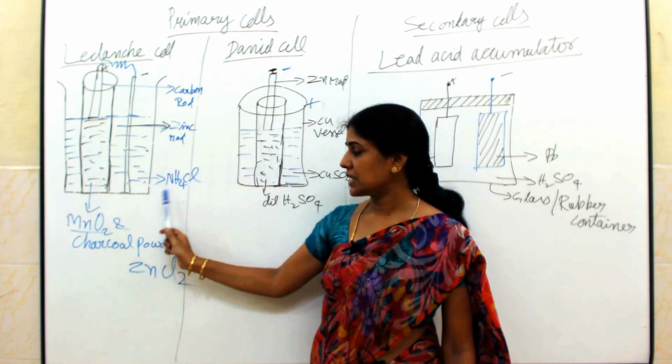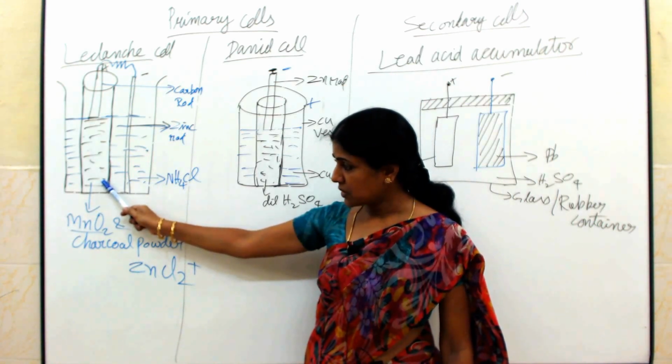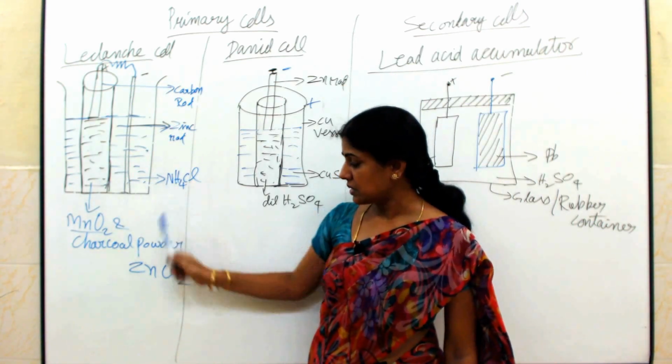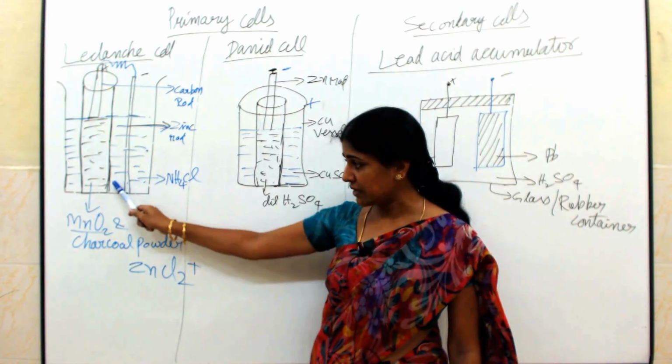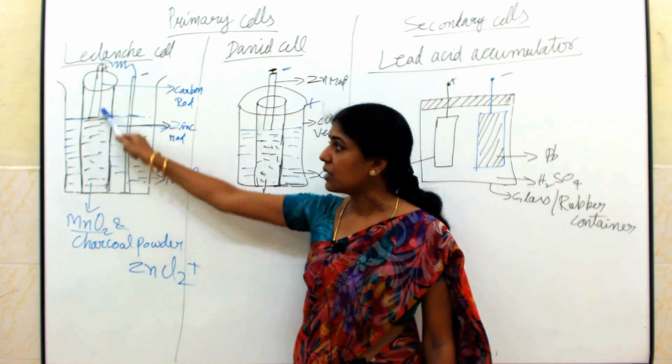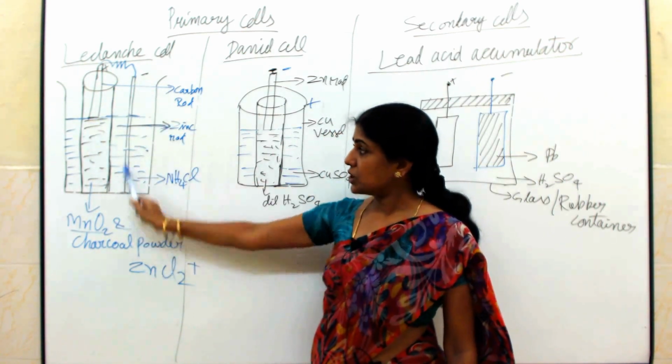negative. The zinc plus ions will react with ammonium chloride and they will pass through this porous part, and when it reacts, hydrogen gas, zinc chloride, ammonia gas and hydrogen plus ions are produced. These hydrogen plus ions diffuse through the porous part and they will be deposited on the carbon rod. Here it has negative electrons.